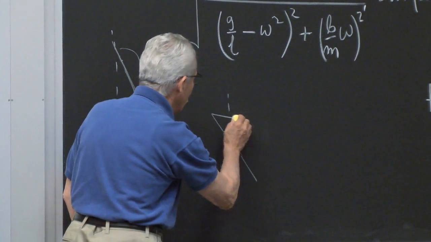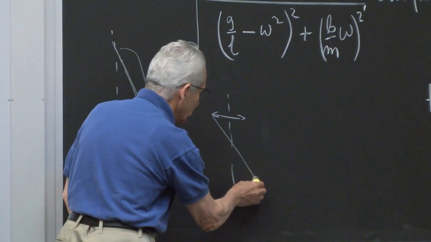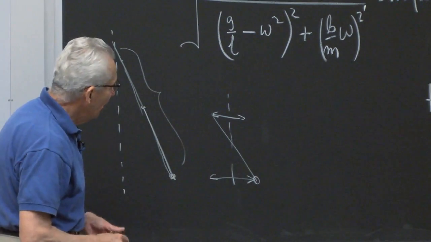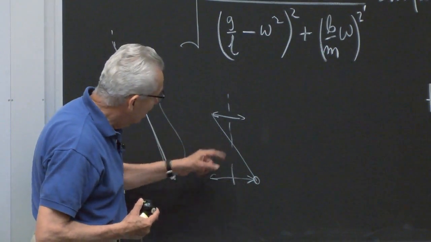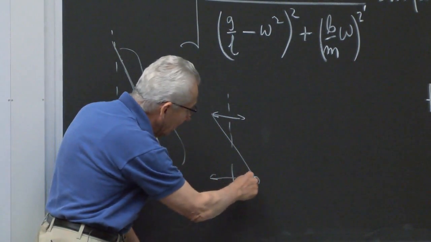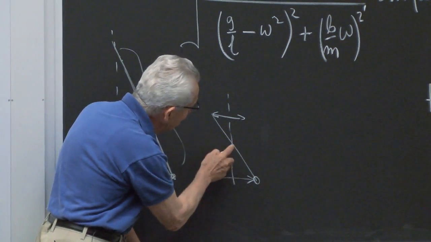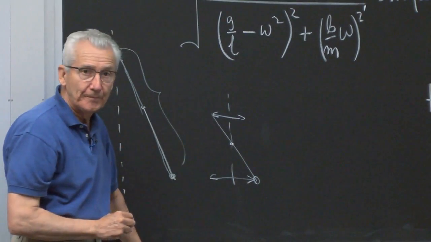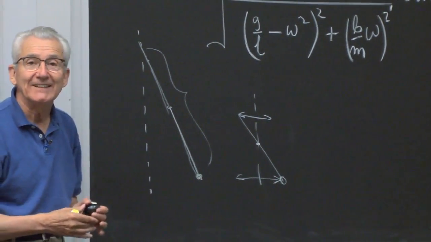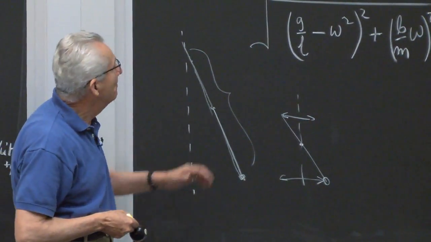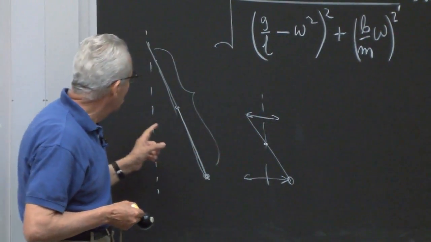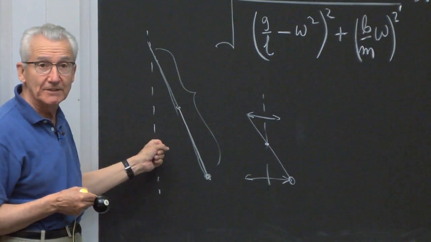Here is my hand moving backwards and forward. There is the mass, and the mass is moving backwards and forward. All right? This string is oscillating as if it was a free string of a shorter length. I urge you as an exercise to play with the numbers here and consider these two cases.